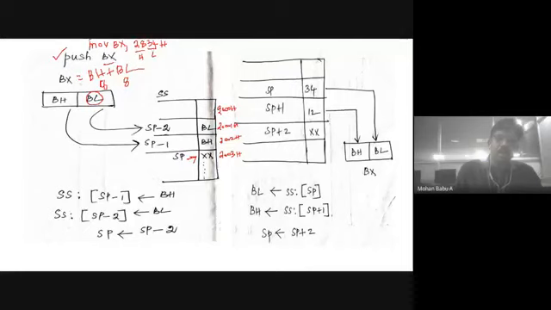The 34 is the lower byte, 28 is the higher byte. The lower byte is stored in the lower address location, and the higher byte is stored in the higher address location. See here, 2001 is the lower address. So 34 is stored in the lower address, and the higher byte is stored in the higher address,